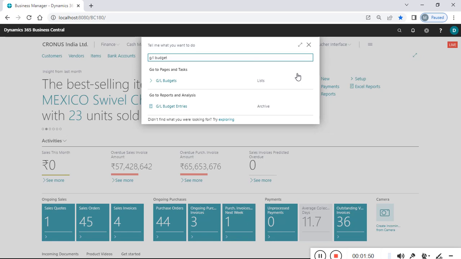This is very simple to understand. If I have a budget for some miscellaneous expenses, and the budget value is 10,000 for the current month, I need to control myself to spend only till 10,000, not to exceed 10,000,